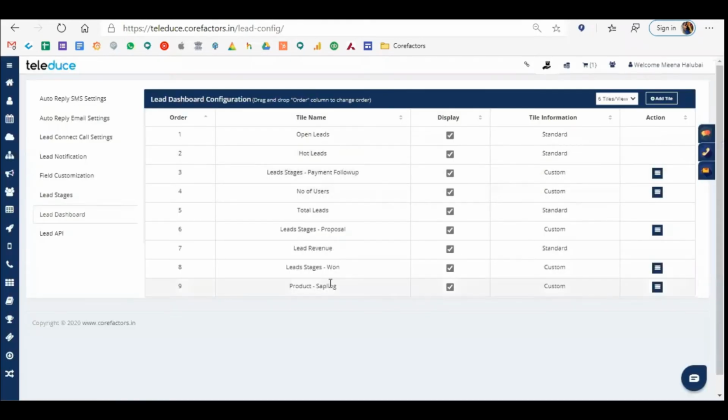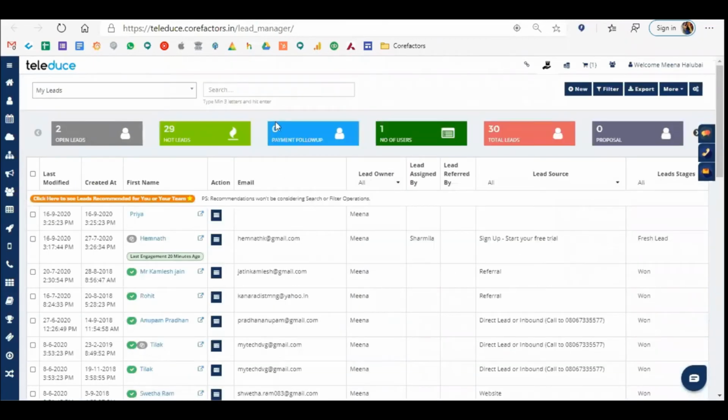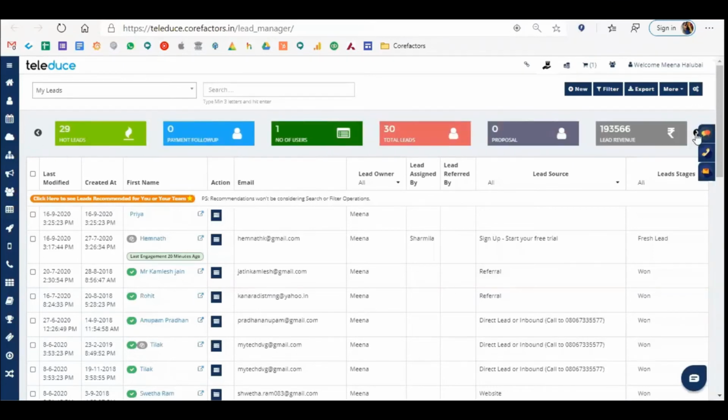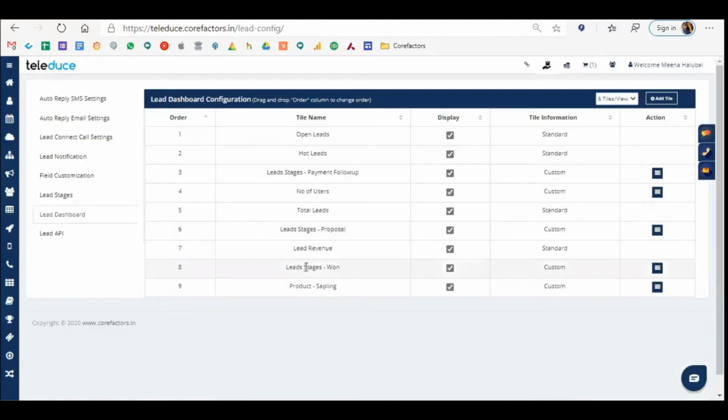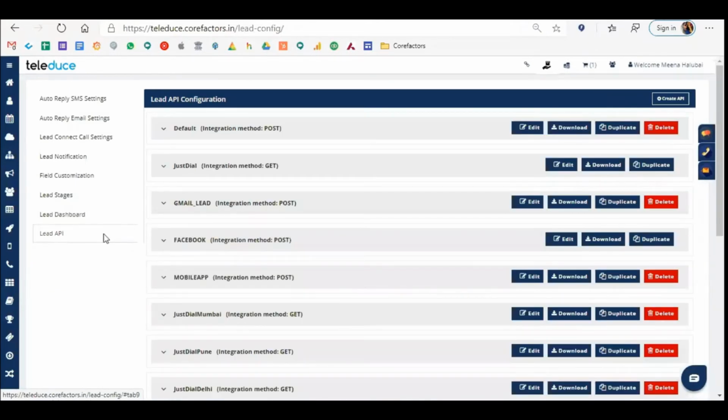Okay, so for this information you can create it in one tile. I mean in one screen you will be able to see 6 tiles. Okay, so you can see 1 2 3 4 5 6. If you have more, you can swipe right. So I have around 9. For the first screen I'll be able to see 6, and in the next one I will be able to see 3. So this is about the lead dashboard. You can add or you can delete whichever you want to see or don't want to see. Whatever you are able to see up here is all clickable. Now coming to the lead API.